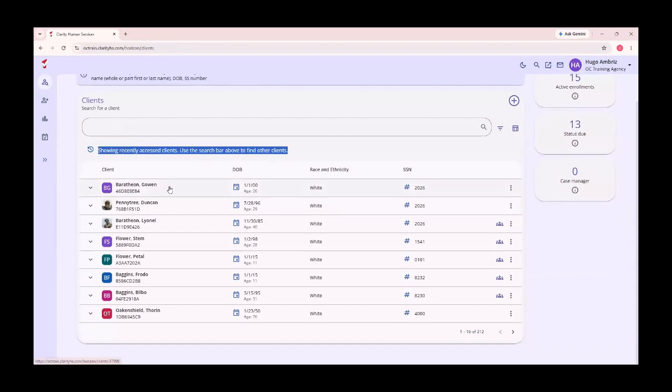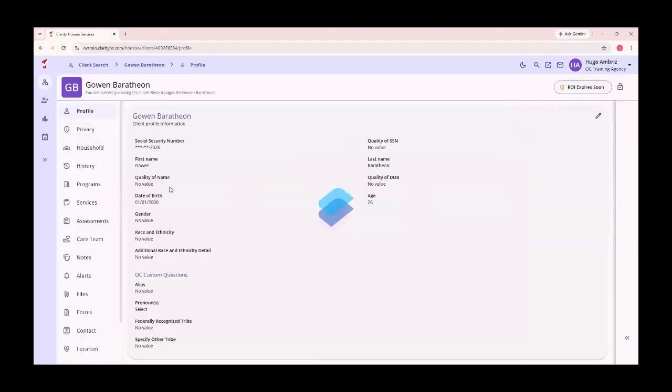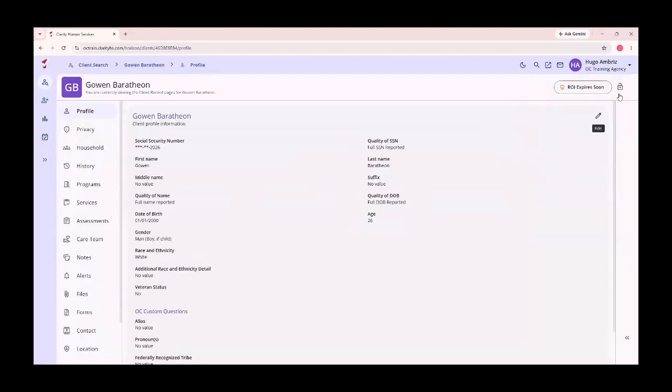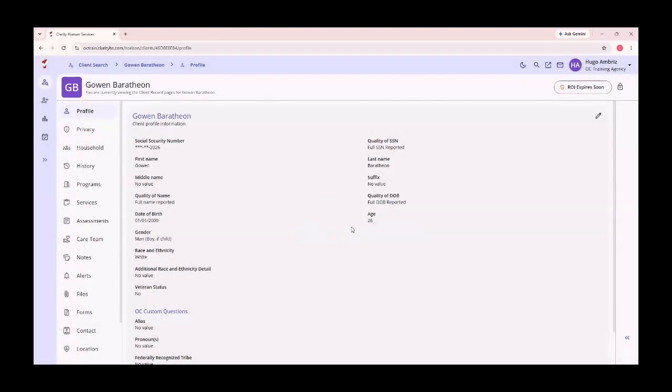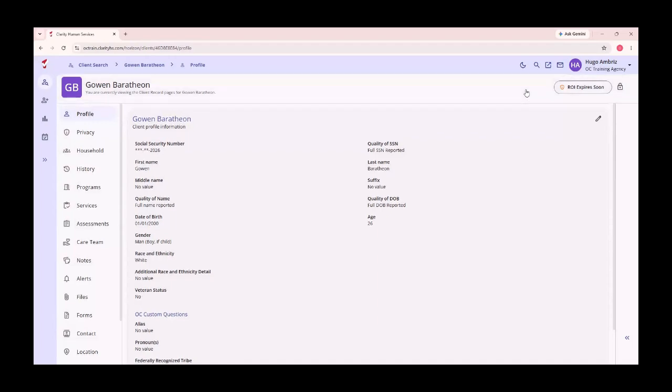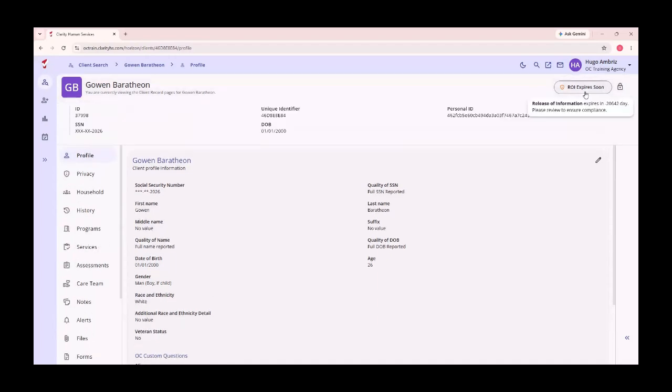Since I did just create this client, they do appear in this list. Go to Goen Baratheon. I can go ahead and update this information to change this to a private profile, and boom, private profile, which means that this specific client's profile will only be available to users at my specific agency, in this case, OC Training Agency. As you can see, since I did not select a release of information for this record, you can see this updated information bar indicates that there is no release of information record